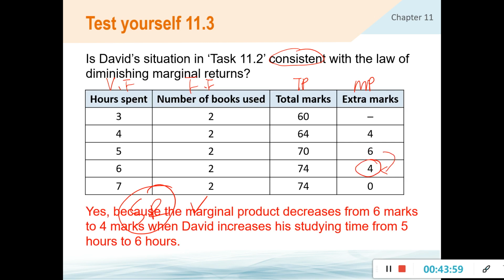Okay, when David increased his study time from 5 to 6 hours，呢啲要寫俾我睇嘅，OK？你要 mention 翻究竟由幾多跌到去幾多，OK？咁由邊一個 hours 開始，OK？得唔得？